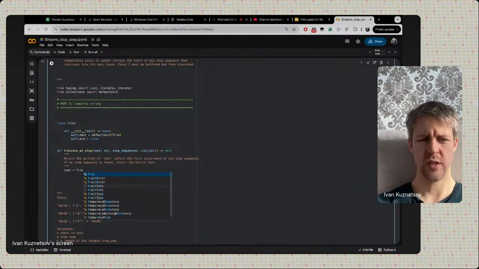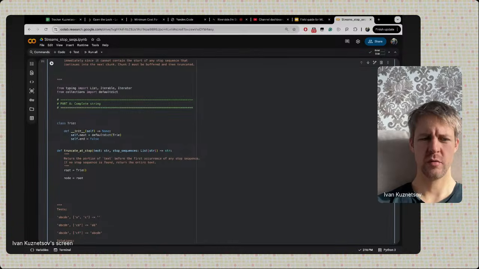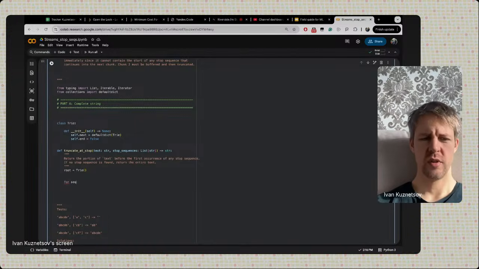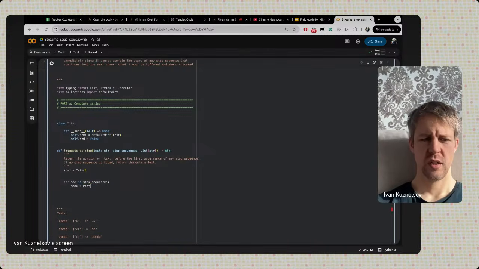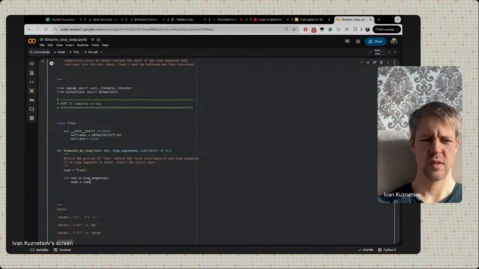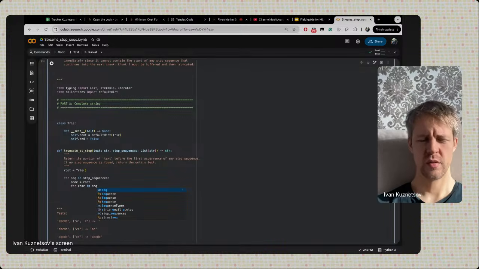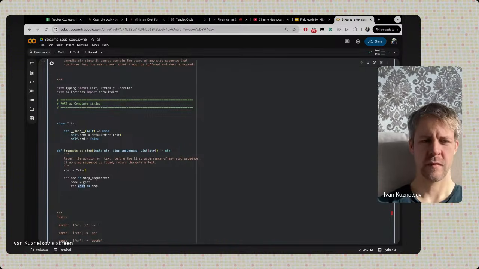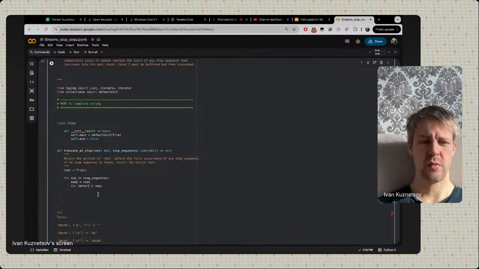Okay, so then root will be Trie, then node will be equal to root, and for sequence in stop sequences, node will be equal to root, for character in sequence. Let's call it letter, because I think char is a reserved keyword. So for letter in sequence,